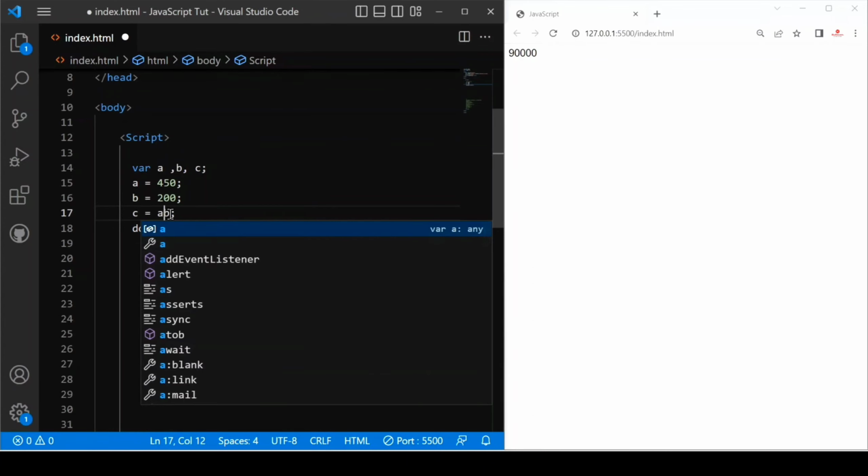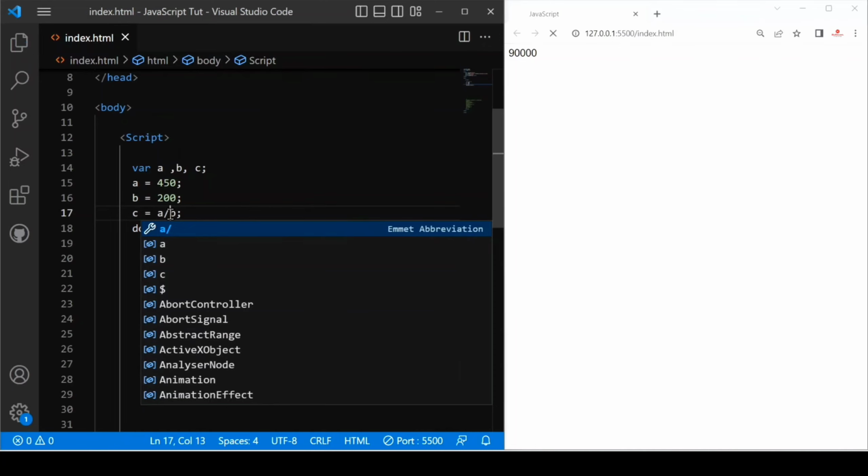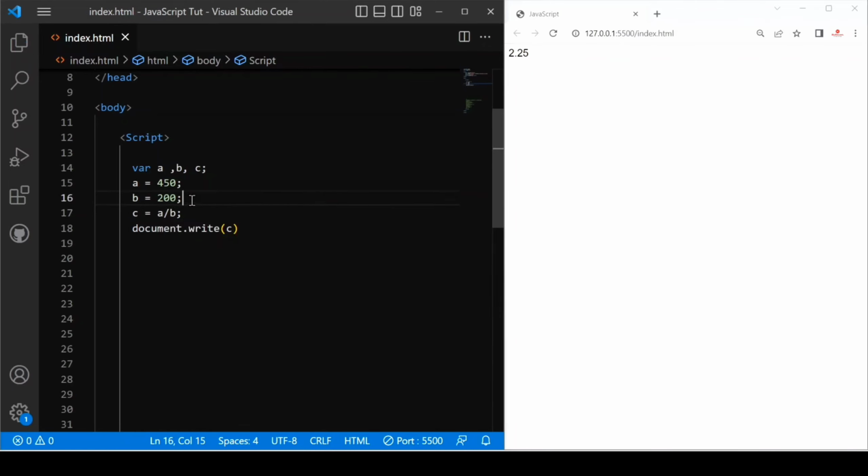If we want to divide, we use the backslash operator. Okay, let's save this. You can see if we change this value to 110 and let's save, you can see. Okay, and after that, if we decrease these values to 4 and then 5, and if we use double star,